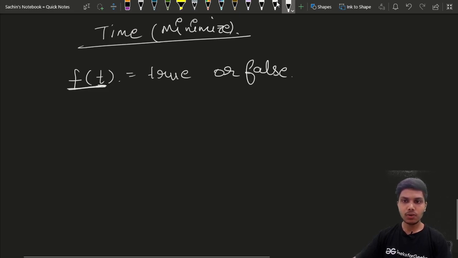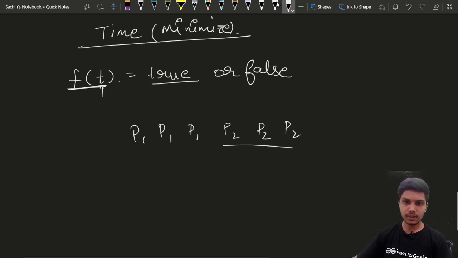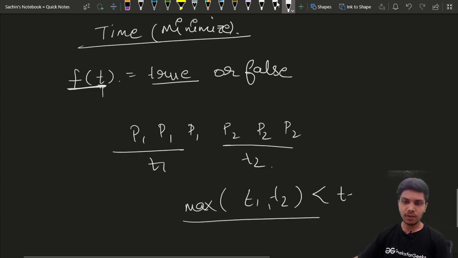It will return true if we can assign painters in such a way that the time needed to paint the whole board, the maximum of t1 and t2, is less than t.